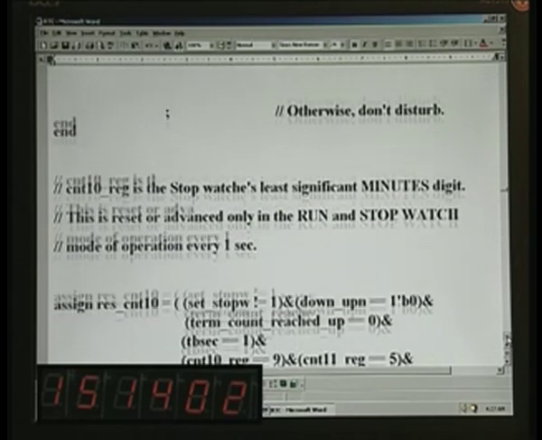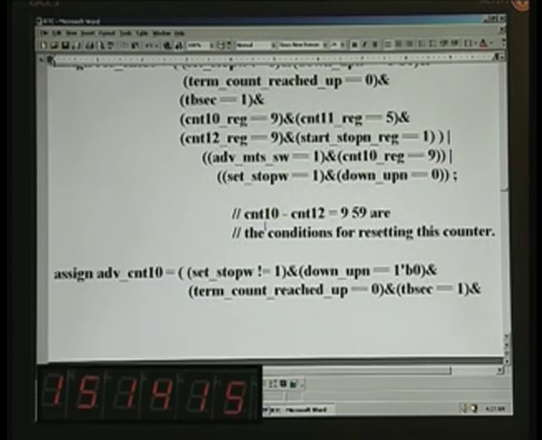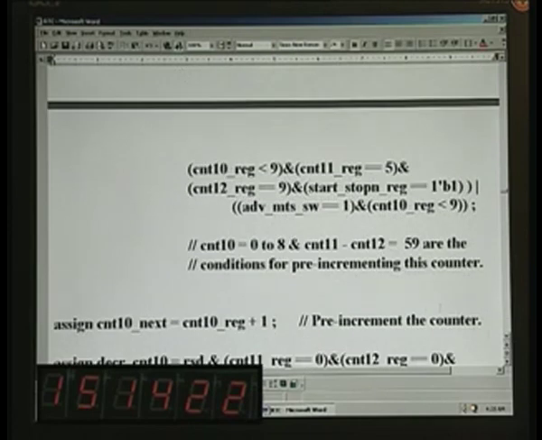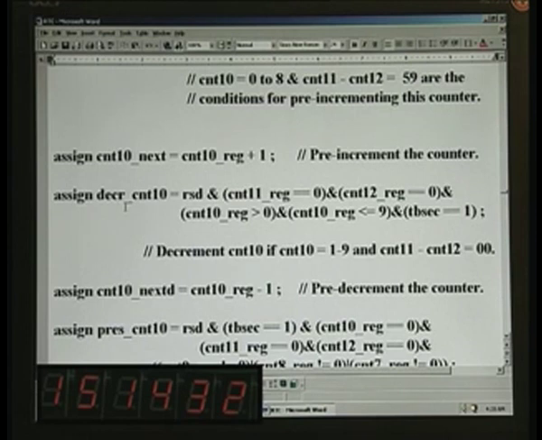And next one is counter 10, the stopwatch's least significant minutes, and this advances or resets only in run stopwatch mode every 1 second. Once again the same thing: counter 10 to 12 must be 9:59 for the reset condition, and for the condition for advancing, counter 10 is 0 to 8, and counter 11 and 12 must be 5 9. Once again pre-increment is there and pre-decrement is there, and decrement once again applies only for the run stopwatch down